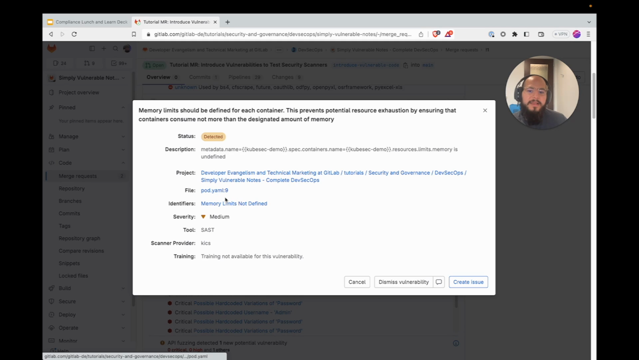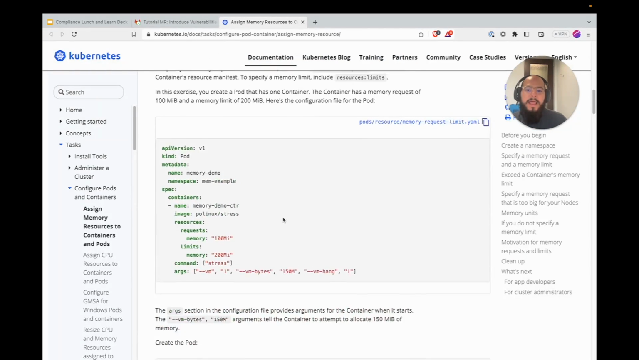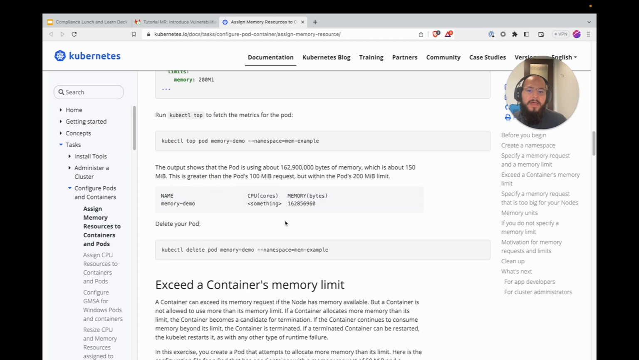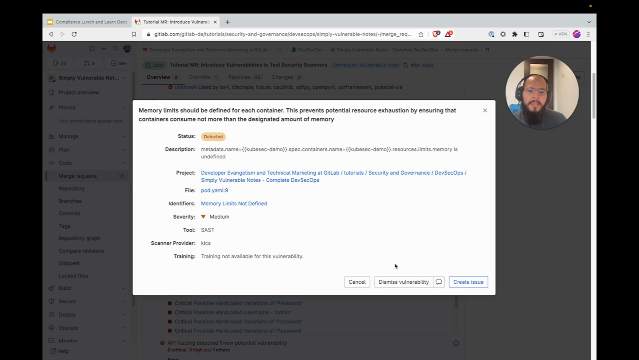So it tells us exactly where this occurs, and it can give us more information on the links on how to actually resolve this and how to actually assign memory requests and memory limits to our container so it'll enable us to prevent these vulnerabilities. Now we can actually continue to work on this, solve this, and then what ends up happening is we can continually iterate and remove all the vulnerabilities that we can, and then after that relay it off to the